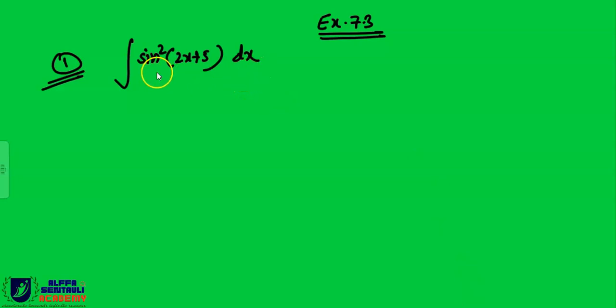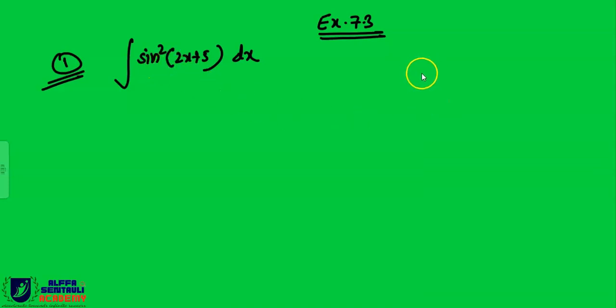See, beta, this is a simple question. We do not know how to integrate this square thing, but we know how to integrate sine x and we know the integration of cos x. So let us remove this square term and write this term in single index. Single index means there should be no power other than 1, right? Not 2, 3, 4. So how can we reduce this into a single power 1, a monomial?